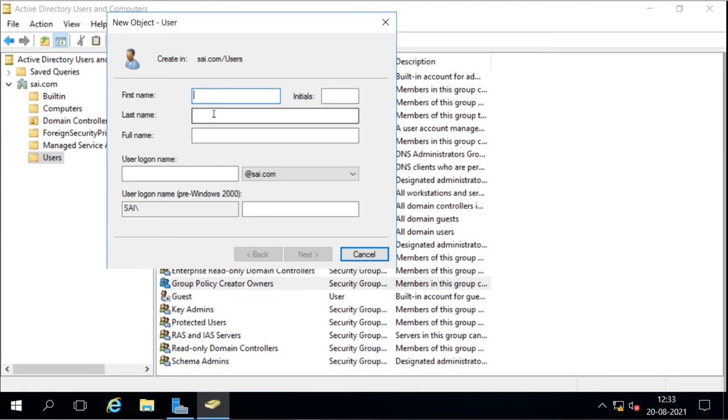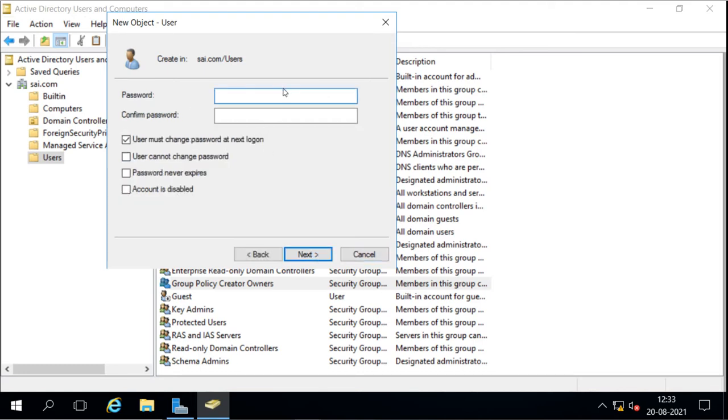It is not asking for full information here. We are able to fill in the first name, initials, last name, and then a login name. This is the user principal name, the UPN, which is the user login name, so the user will log in using this name at the domain name. It can also use the pre-Windows 2000 way of login, like domain name slash the username. So this is what we decide here, and then we go next and provide the password.